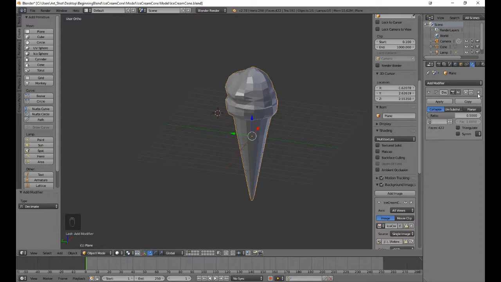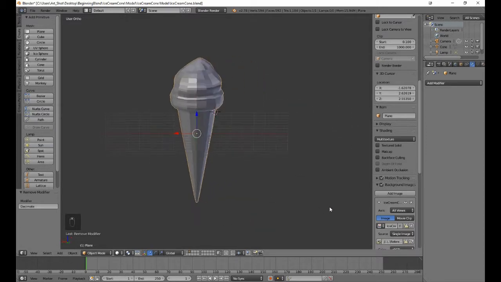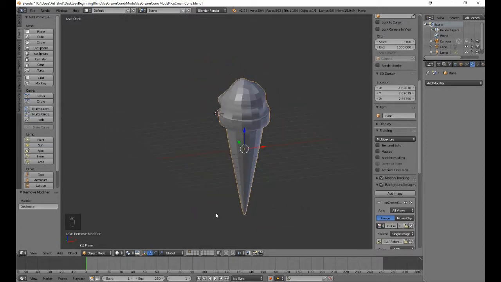and we can verify that by just taking the ratio back to full and then back to half. But I think this one is low enough as it is without the modifiers. I'm just going to remove it without applying. And there we have our second finished